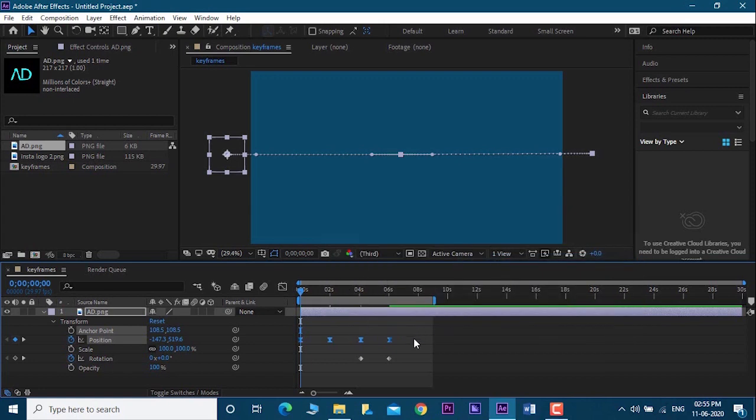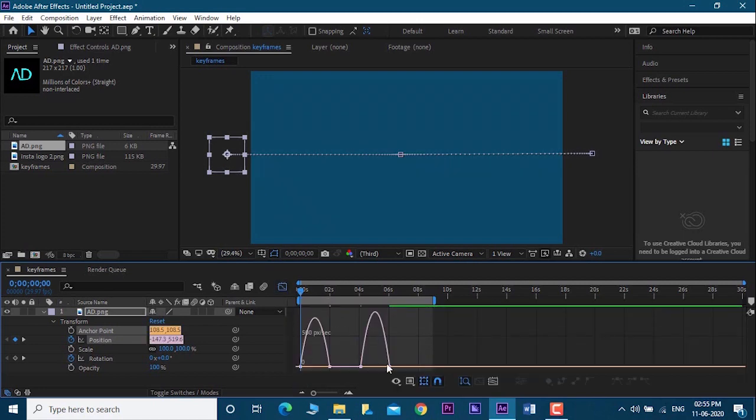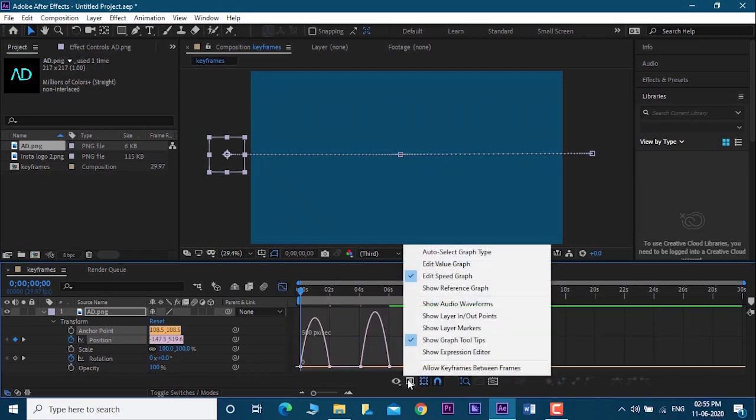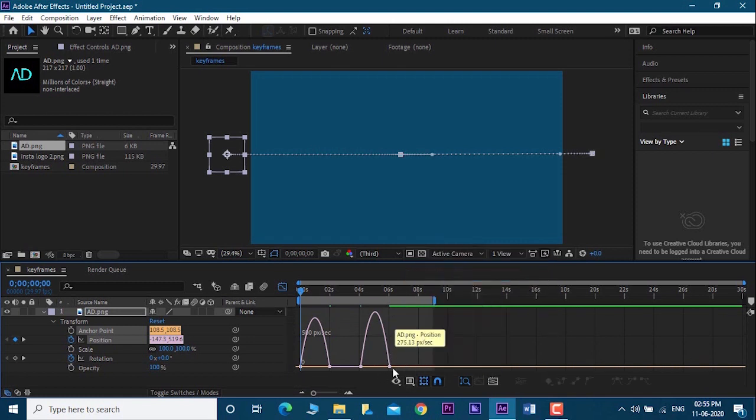You can also press F9 to ease them. After easing them, we have graph settings here. In the graph settings we are changing the speed graph, so let's change it.